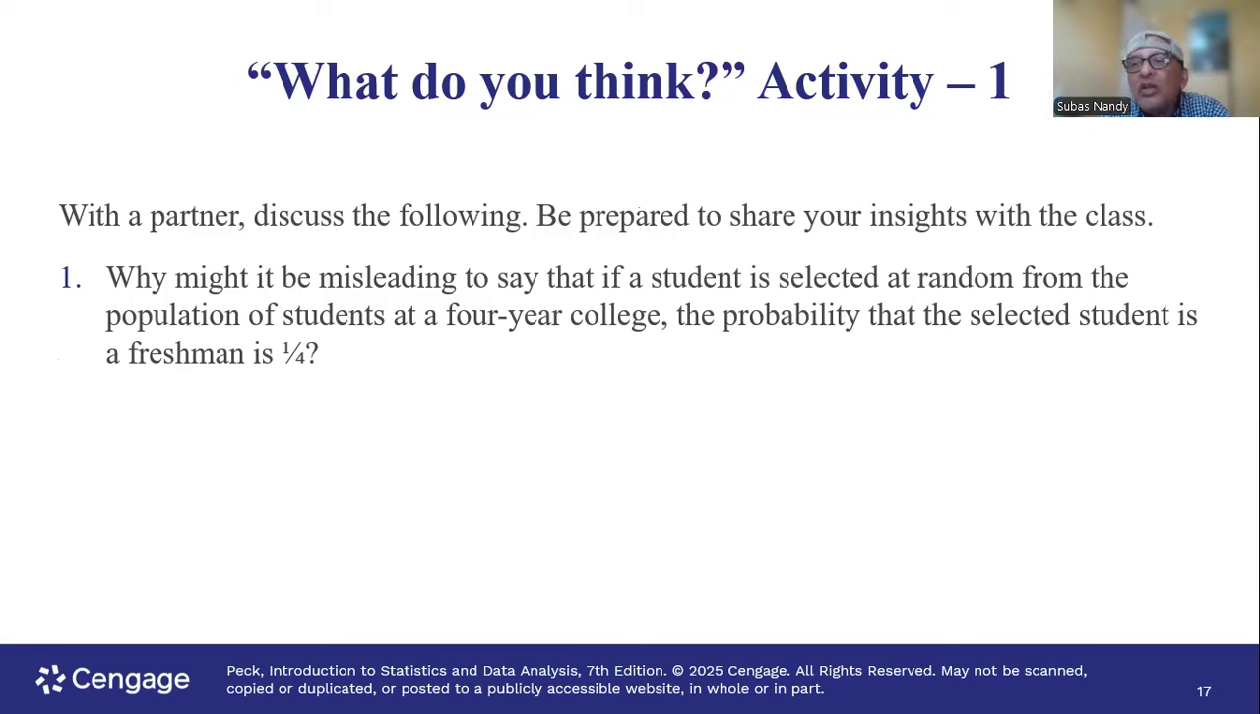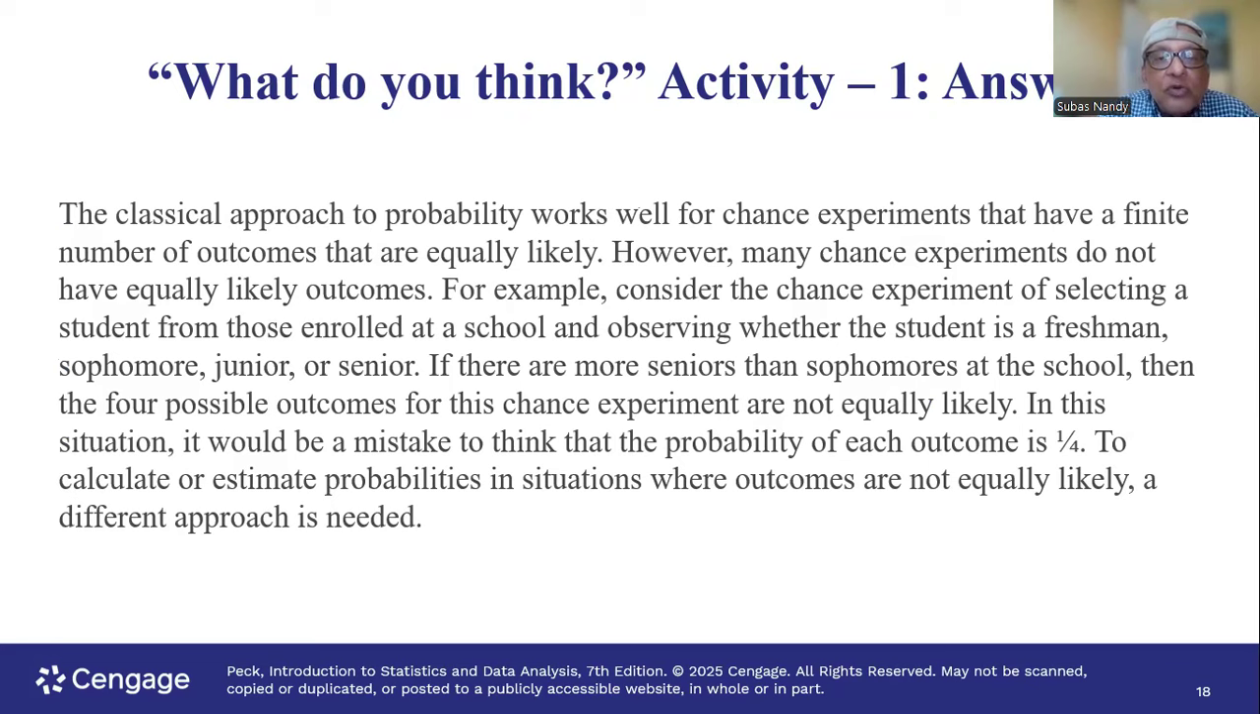Because if it had been 1/4, that means the number of students in all of these grades, freshman, sophomore, junior, senior, are equal. That's not true. Freshmen may be higher in number, sophomore count may be lower in number. So you cannot say the probability of freshman is equal to probability of sophomore is equal to probability of junior is equal to probability of senior is equal to 1/4. That is not true because the number of students in each class is not equal. The classical approach to probability works